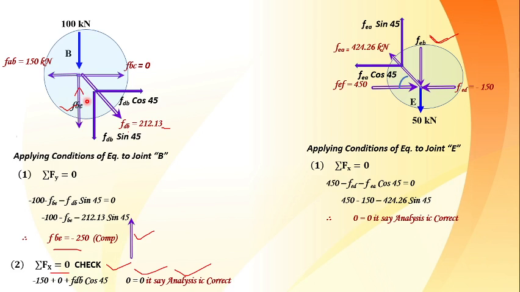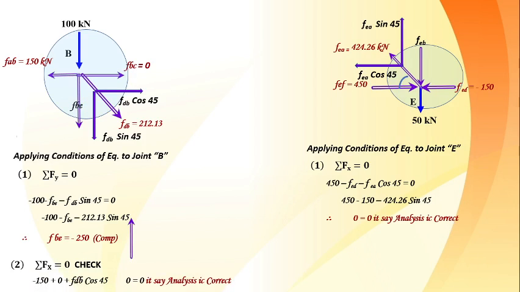Once you have understood the joints one by one, I urge you to transfer all these magnitudes into a basic truss figure, so that it will be very easy for you to understand which joint to move to further. After following all these procedures, you will come to a point where there is no unknown remaining in the truss. This is the standard procedure by which we do the analysis by the method of joints.